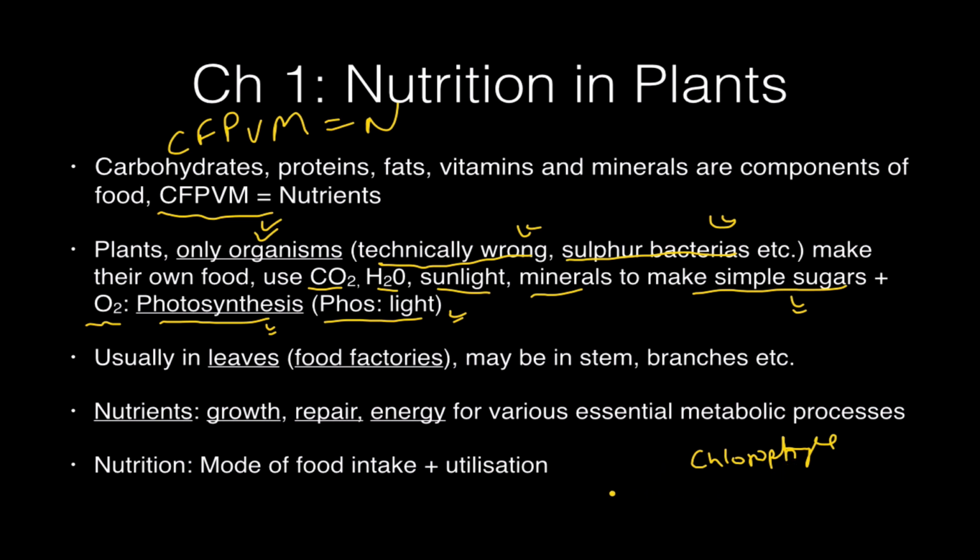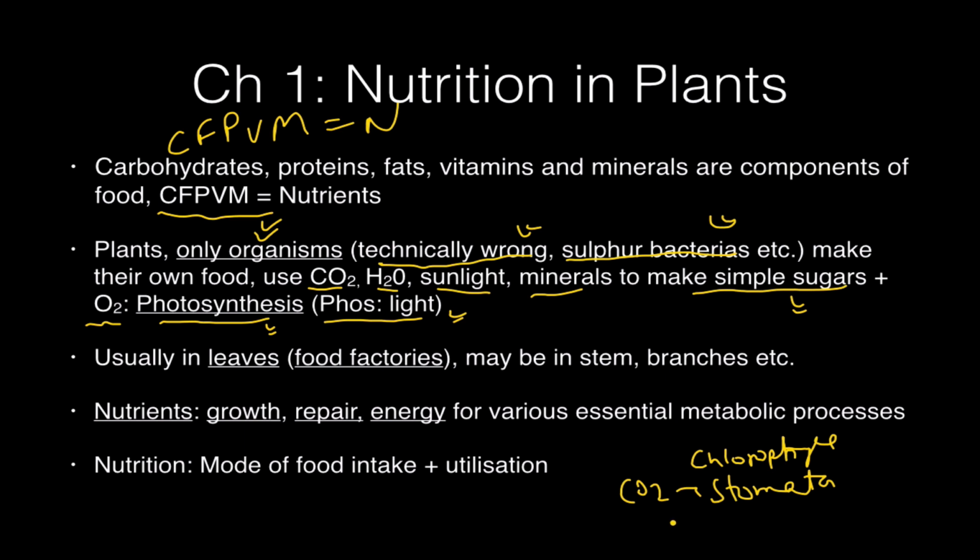Carbon dioxide is there in the atmosphere. Now carbon dioxide will enter through the stomata. We will be dealing with it later, and then it will pierce the epidermis and cuticle. And finally water, CO2 and sunlight will combine in leaves, that is in the chlorophyll region, and they will result in the production of glucose molecule, that is C6H12O6, plus oxygen, and some water vapor will also evaporate through